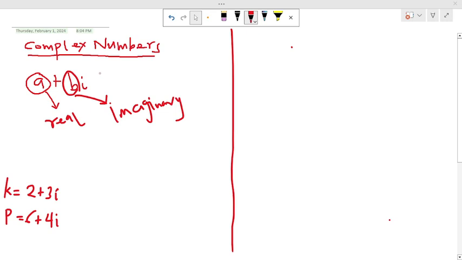In this video, we are going to talk about complex numbers. And under complex numbers, we are going to talk about addition of complex numbers, subtraction of complex numbers, division of complex numbers, and multiplication of complex numbers. I will urge that you watch this video to the end in order to understand the concept behind all these